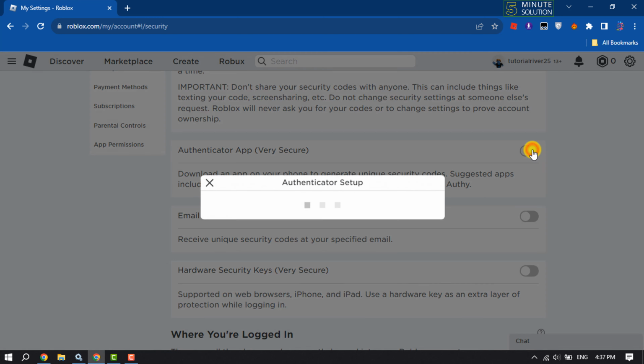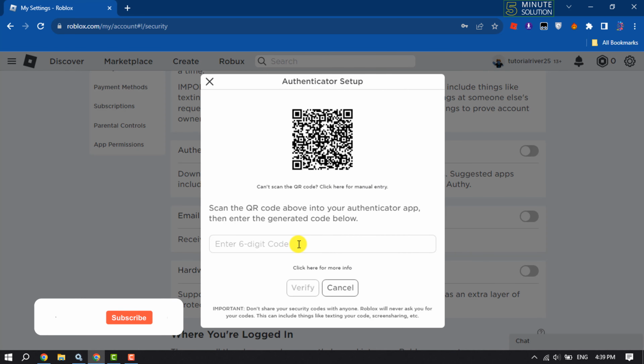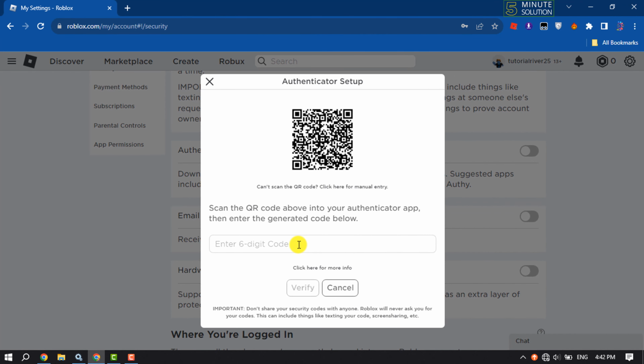So enable this option. And now to turn on two-step verification, you have to verify your email address. You will get a verification code to your registered email. Just collect the code and enter the verification code here. Once you have verified your email, now on your mobile phone, open the Authenticator app and